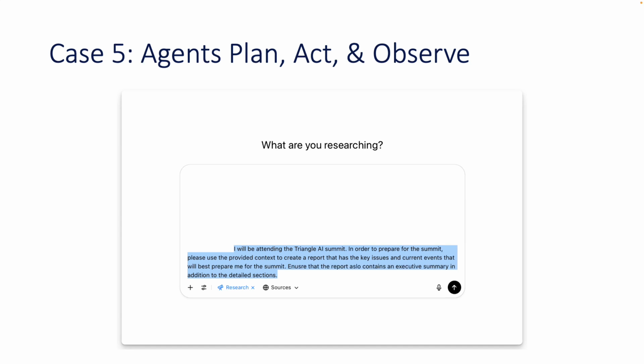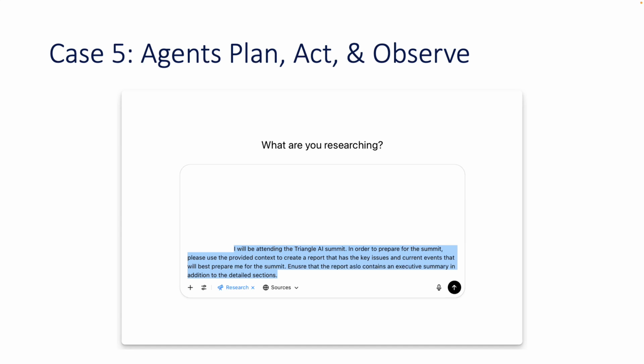So this was the idea. I said, I want to give it this information. This is my prompt. The prompt then is going to be a deep research prompt, and it's going to then trigger an agent to do research. But I want to also provide it a little bit more context.